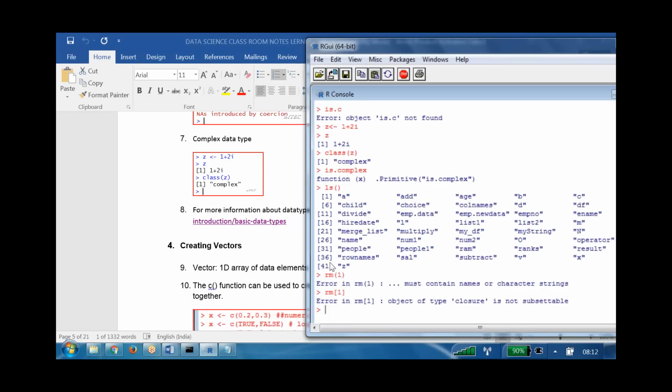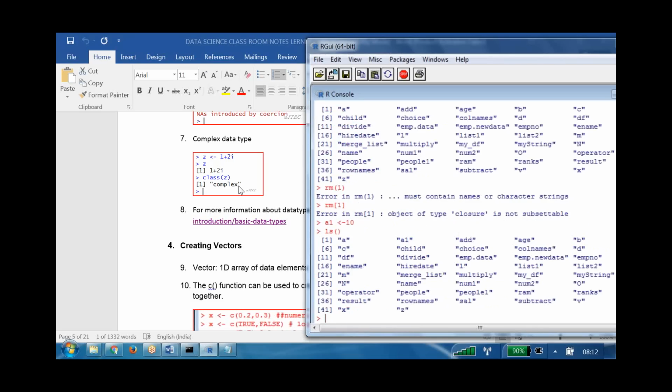For example, if I write A1 and map a variable, let's say 10, then type ls, the 36 we previously had is not held in the same place. See, A1 now occupies the second place. It is sorted based on the alphabet, and these numbers are just for our display purposes. That's what I can compare with the row number of a database.